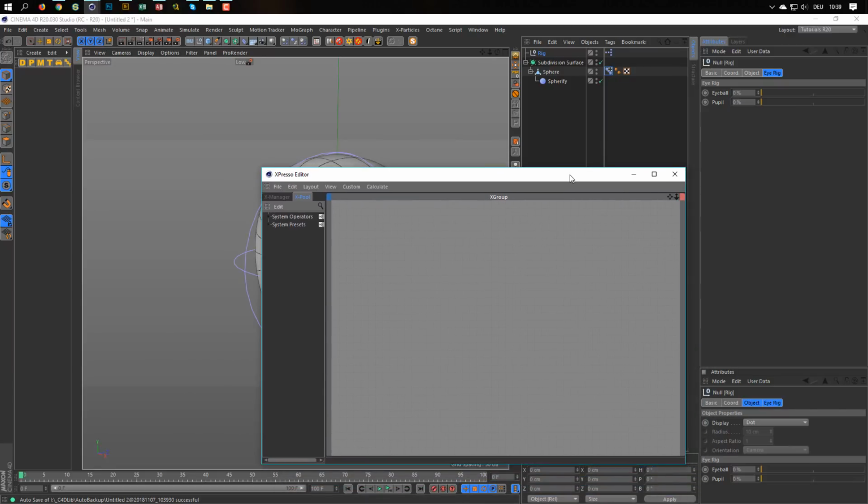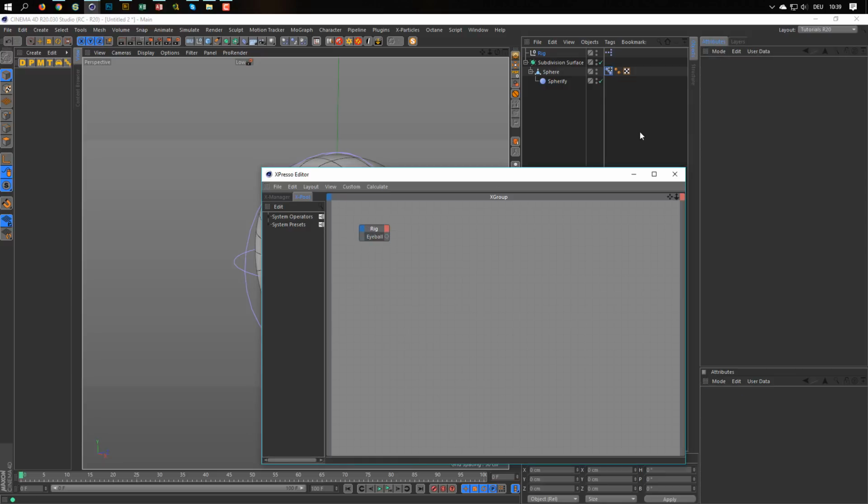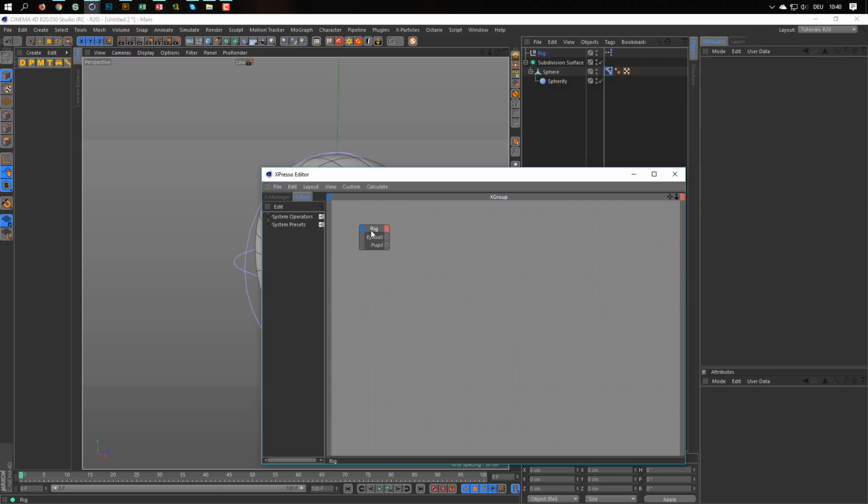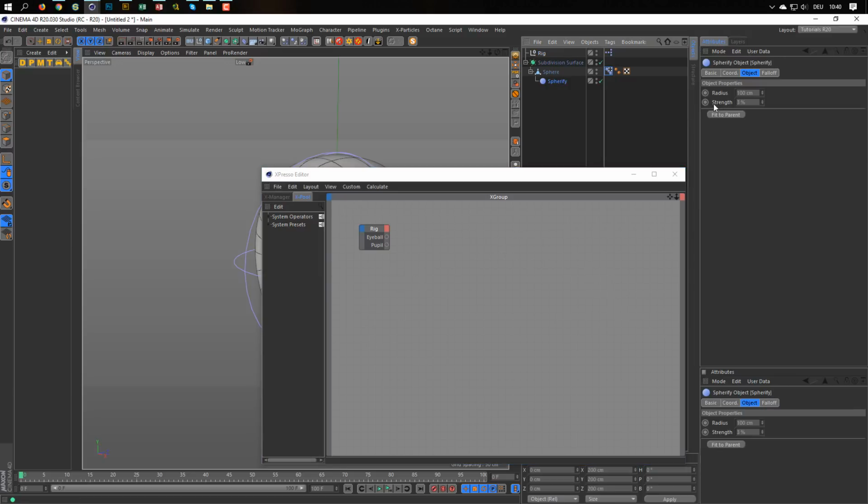And now, just drag the rig null here in the Xpresso window, and drag in the eyeball in the red corner. This is the outgoing port, and the pupil the same. Okay. Then the eyeball is our Spherifier strength here.